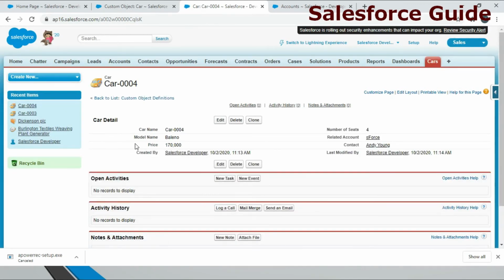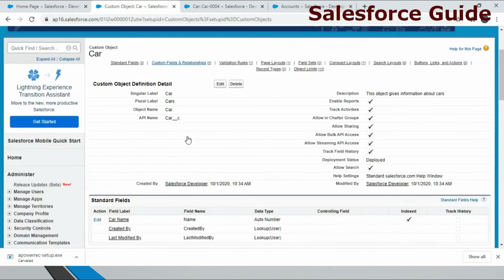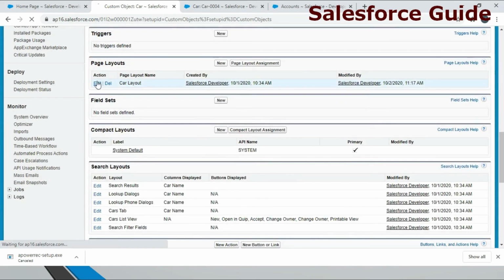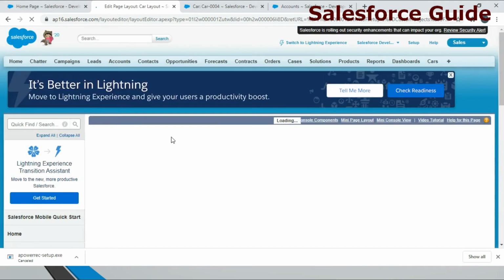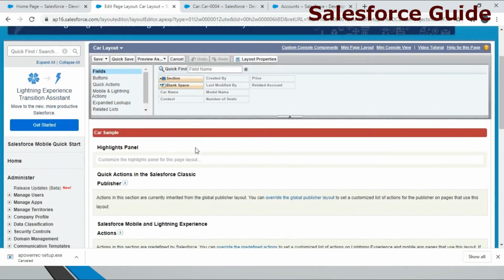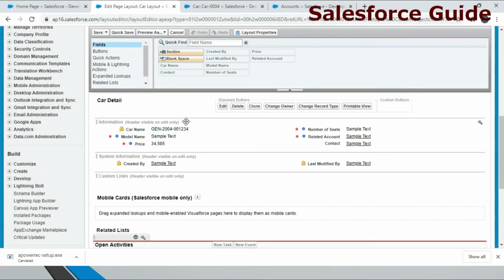See carefully. Previously we had all 6 fields in one line, but now they are split into two columns. In a layout itself we have different features, like we can add a separator and we can categorize the fields. Such things can be easily added. Here we have the contact and the related account as well. So let's separate them.